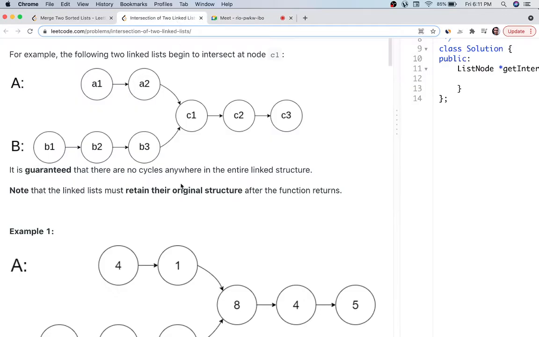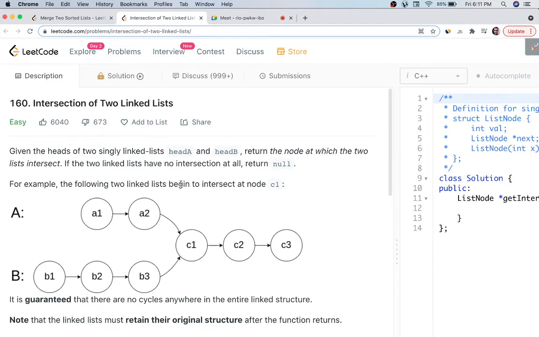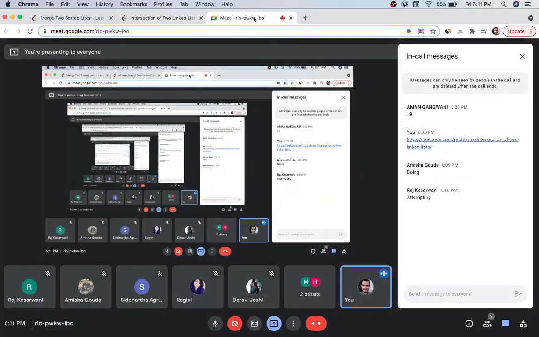Good. So it's a simple problem. We are given heads of two linked lists. We have to traverse both lists and find out where they intersect, and return the node where they intersect. If they don't intersect, we return null. It is given that there will be no cycle in the linked list, and we can easily find the intersection.